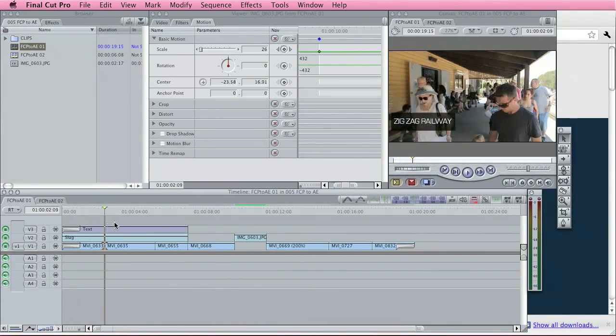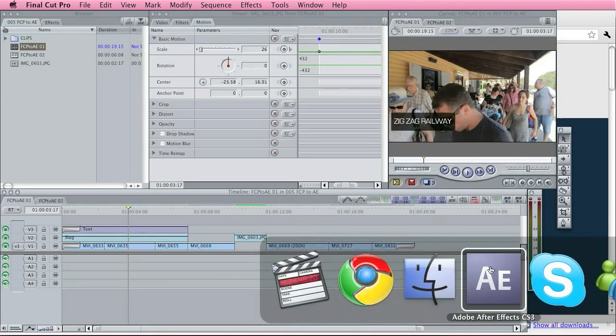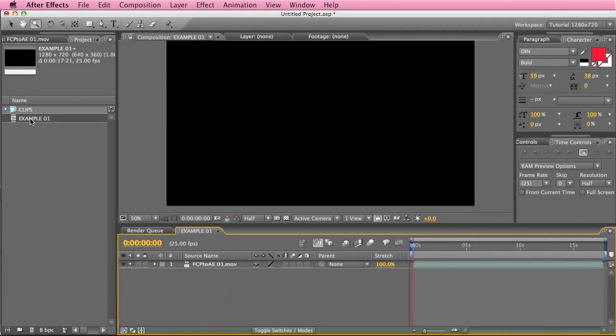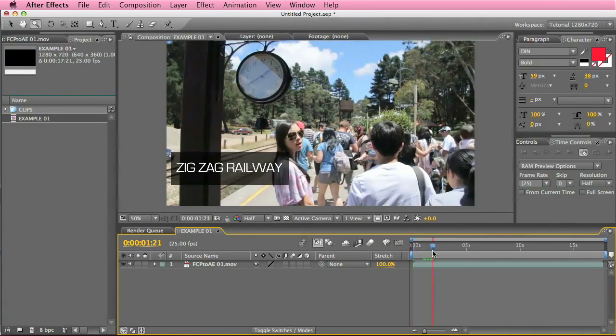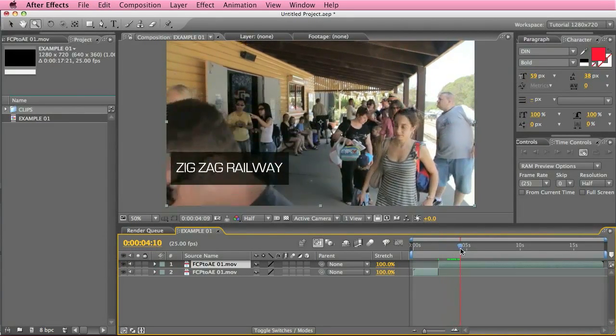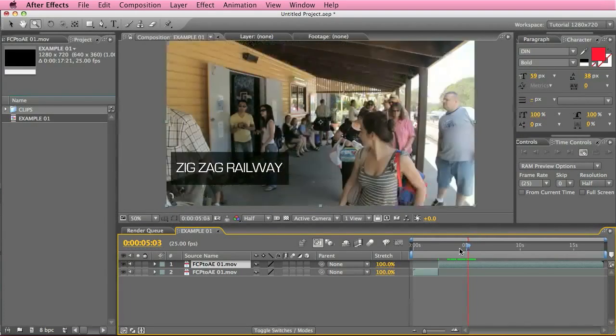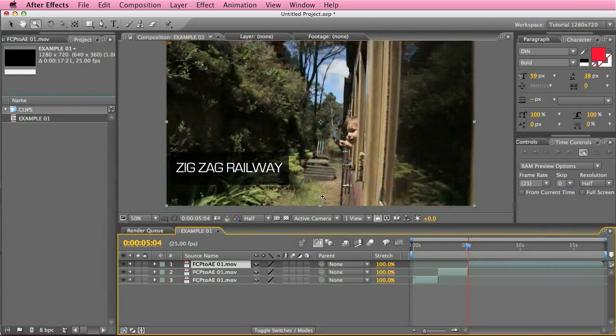Of course, right now, if we were to export this as it is as a QuickTime movie, the issue that you have when you bring it into After Effects is that you don't have those cuts. You have to go through frame by frame, look where the cuts are and then put them in, and it's just a real pain. More than that, those titles are baked in, so you can't change anything.